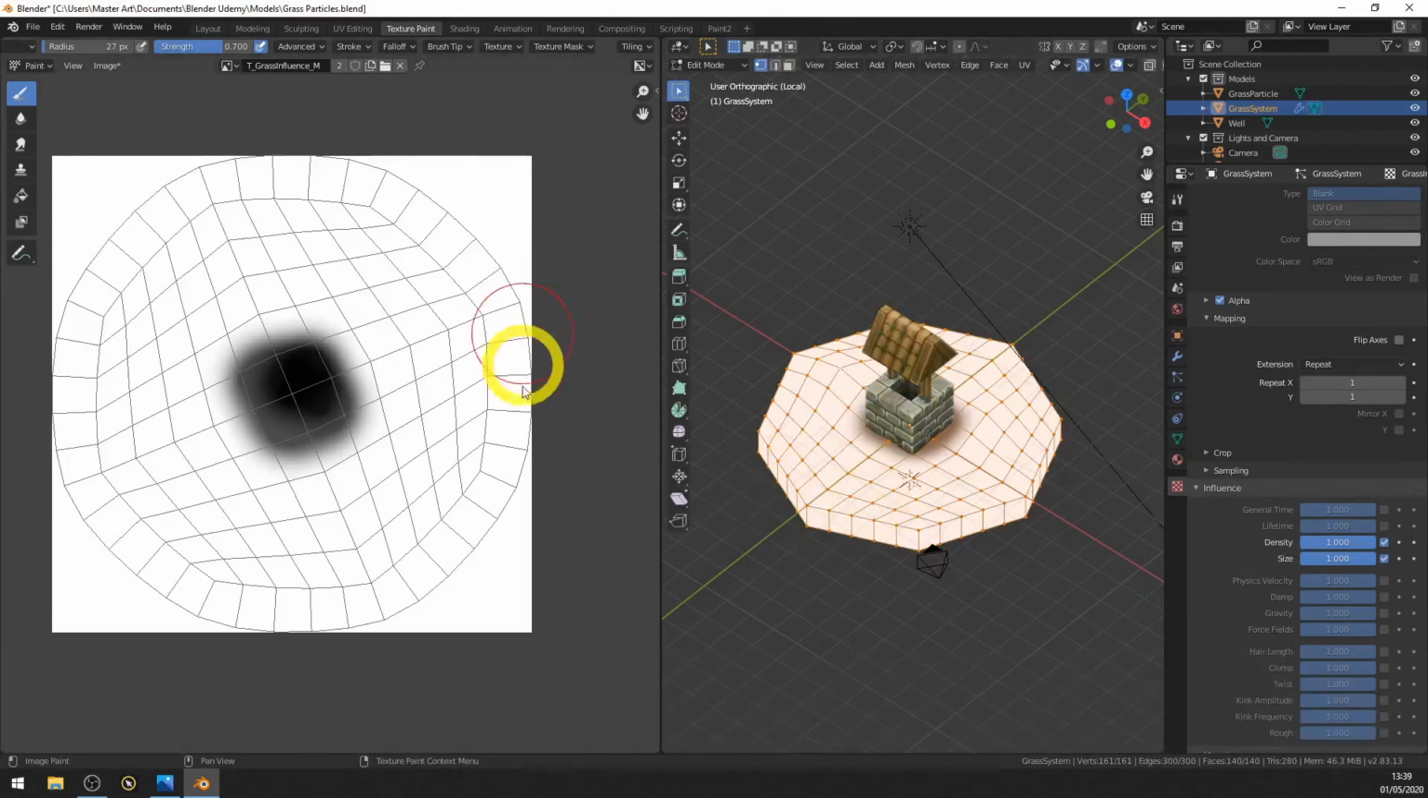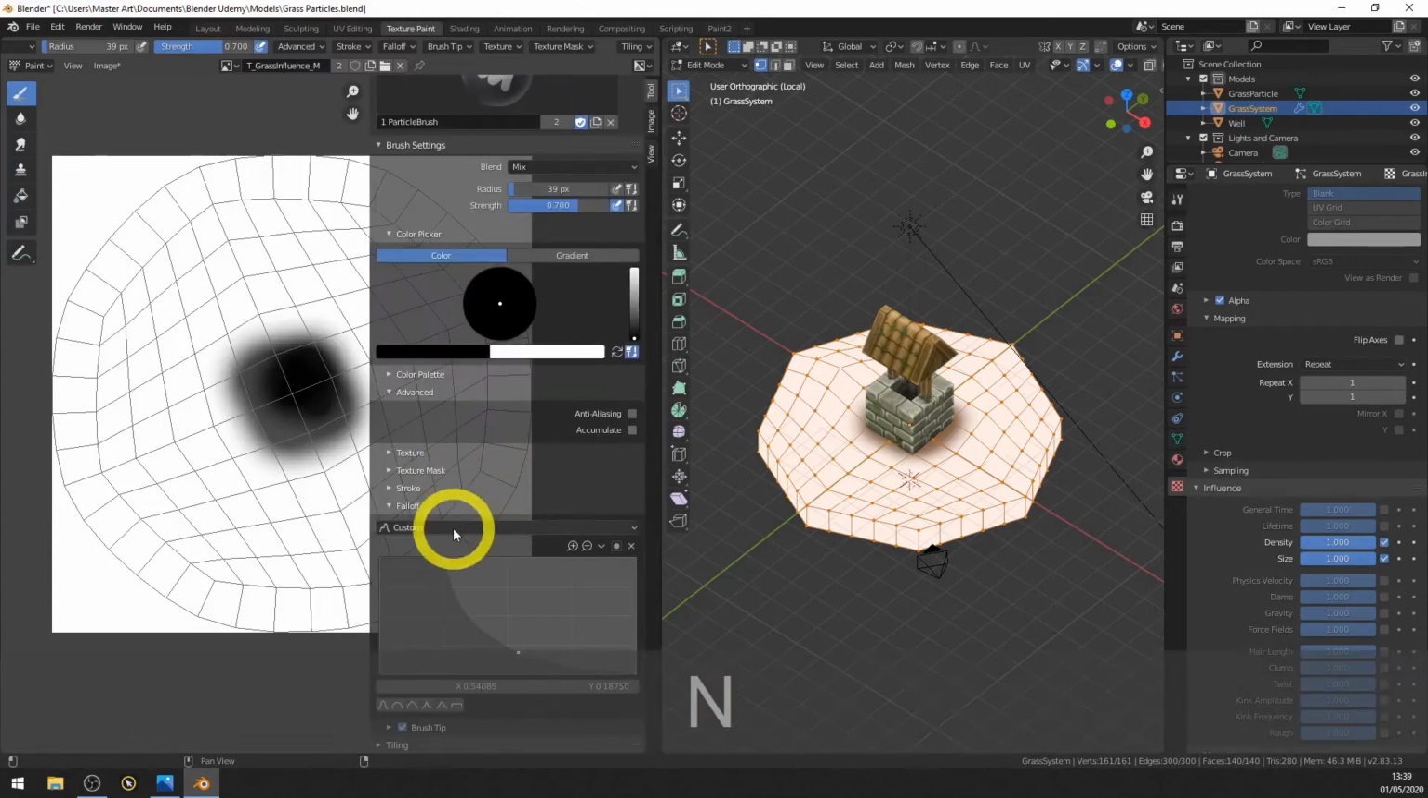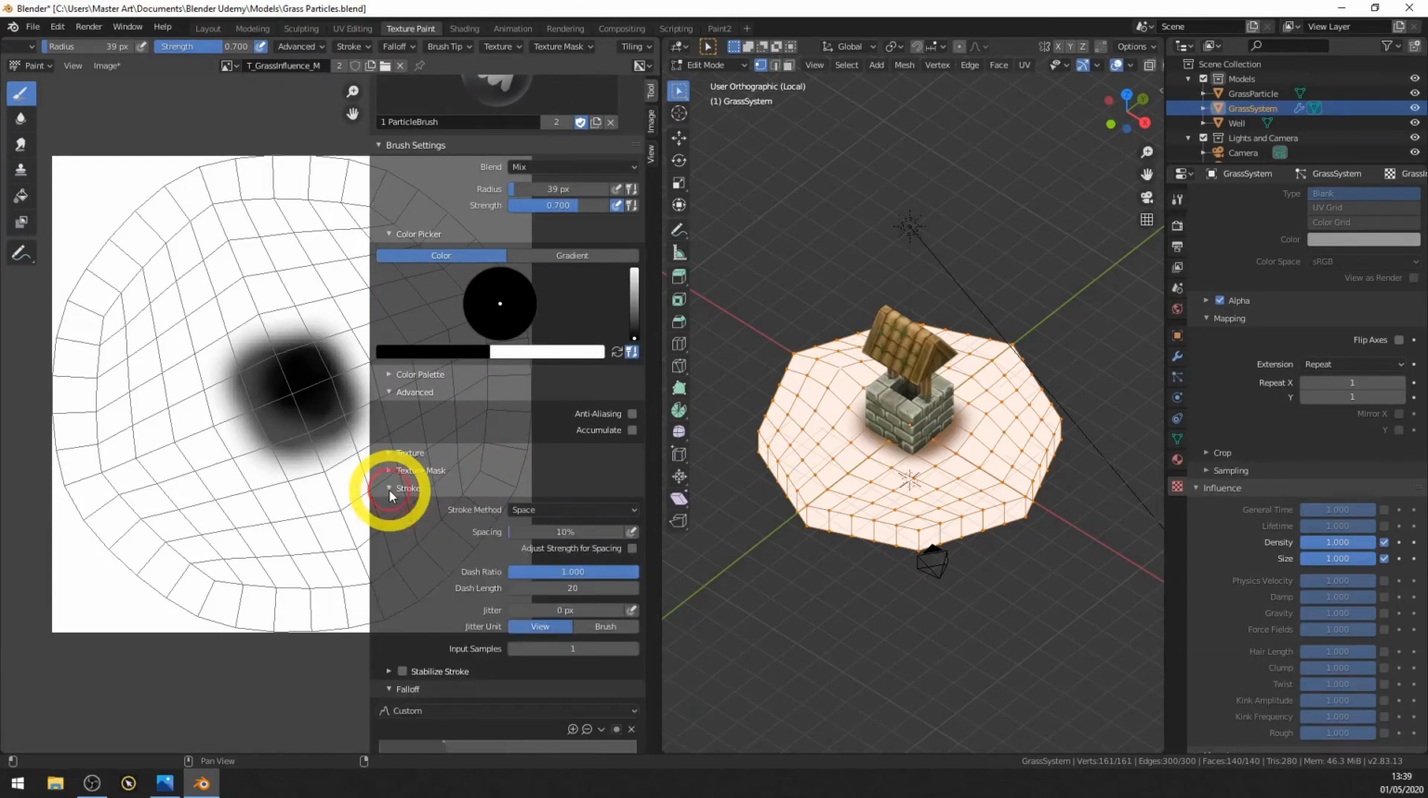So let's go back to edit mode so we can see the UVs. Now we can draw this in freely, or we can use lines. Let's make the brush a little bit smaller first. So the line method may be a little bit faster. So we can open up the toolbox and set the stroke on line instead of space, but there's another method,